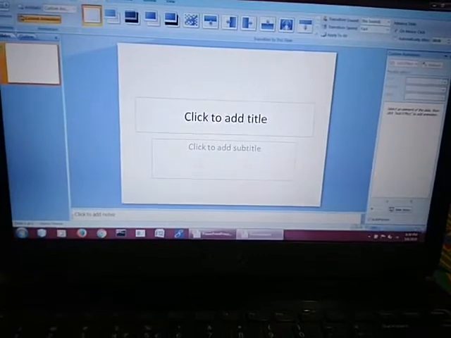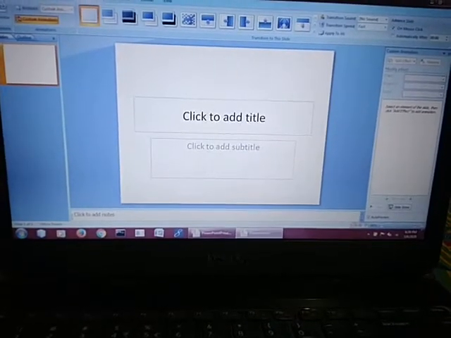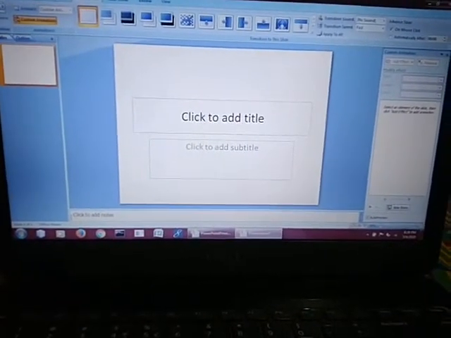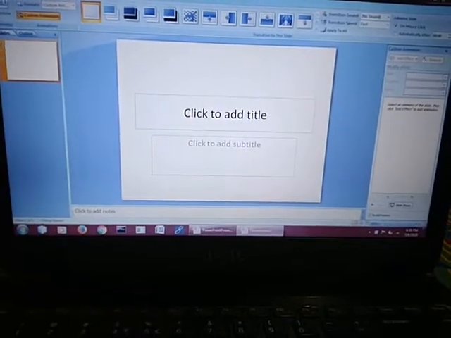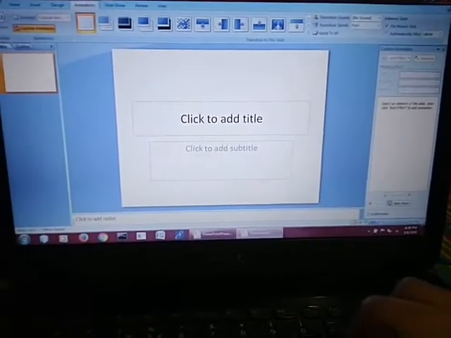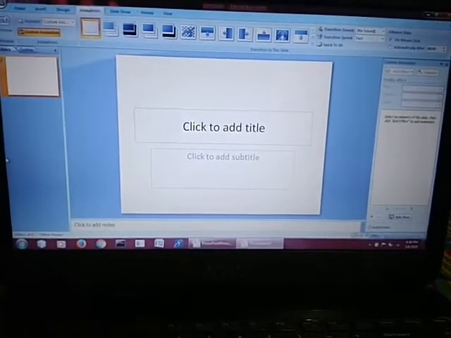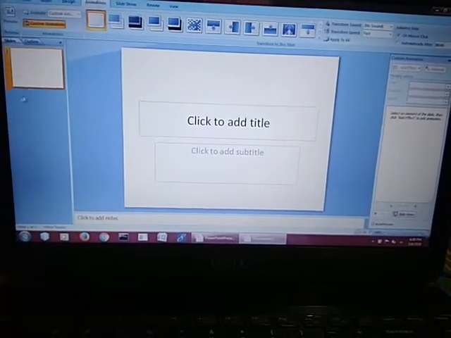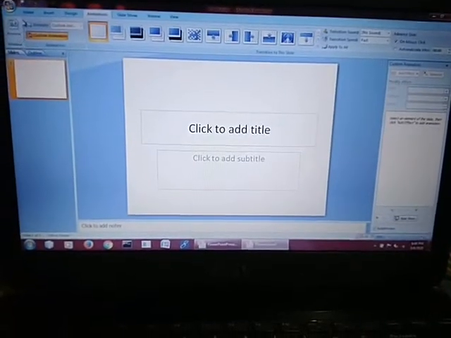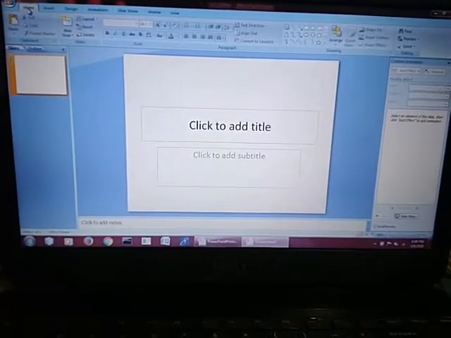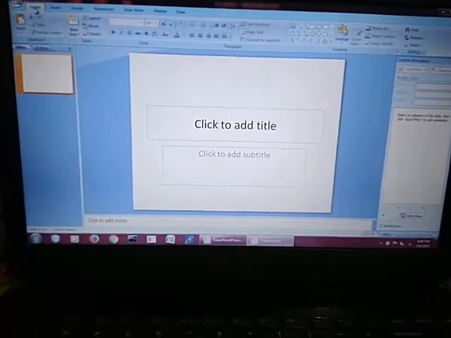Then now what will we learn? We will learn some basic tools which are inside the Home tab. So I am going to click on the Home tab right now. Just see here. Fine. So what all things are you able to see on the Home tab?